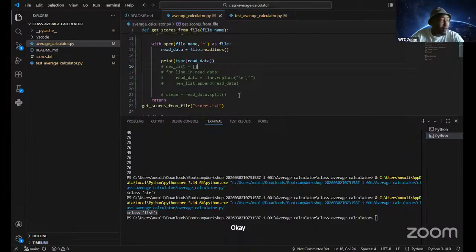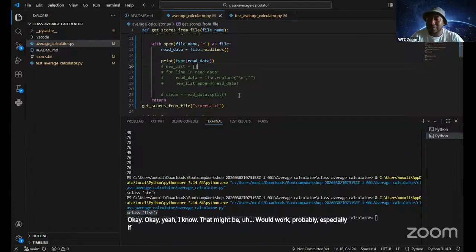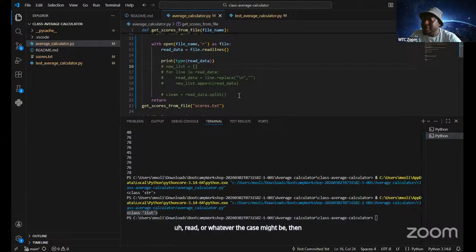Okay. That would probably work, especially if in your for loop you say for item in your file dot read, or whatever the case might be.